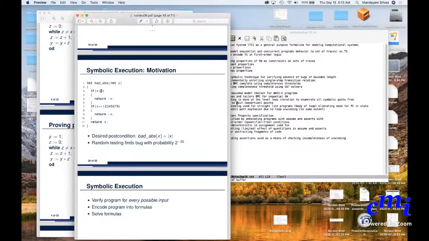So this is a good example to illustrate that. It's a simple thing: the code is expected to return the absolute value of a given input. And it works mostly correctly, except for some corner value of x,